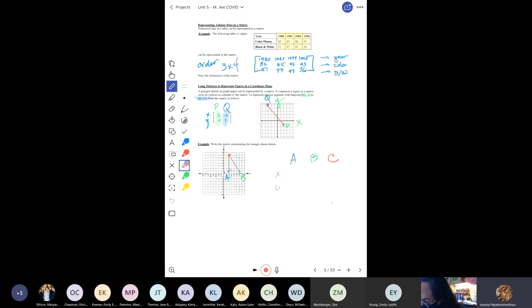What is the order of this matrix going to be? 2 by 3. Okay, what is the first row going to be? Well, I'm looking at the X values of each of these points. So what's the first row? The X value for A is 2. The X value for B is, the X value for C is,